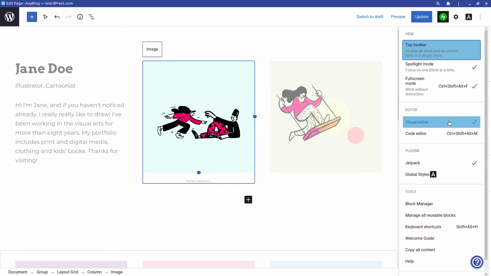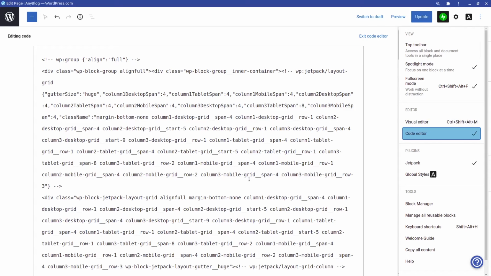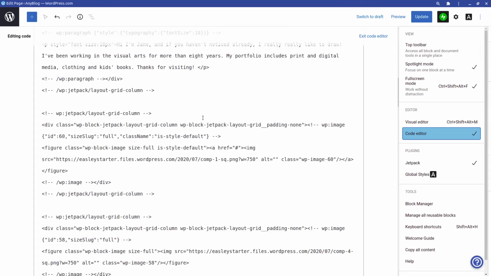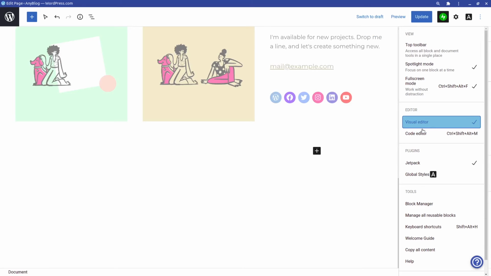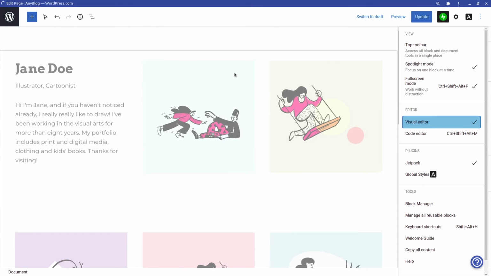And then you have two kinds of editor, visual editor and code editor. So in the code editor, it's going to be something like this. It's for those advanced users that know what you want to do with this code editor. Alright, so we'll go back to the visual editor. So this one is very straightforward. It's like the other website creators, like Wix and Weebly and so much more. So you're just using the visual editor most of the time.